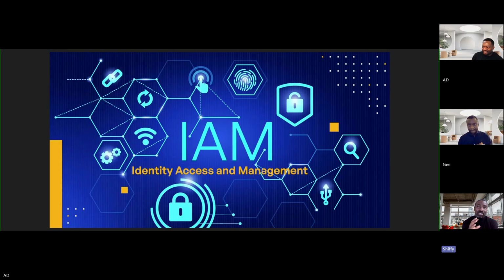So it's almost like if you are working in IT or even in cybersecurity, you pretty much have to be, I'd say, a bit paranoid. You always need to think a step ahead. Always assume that the bad actors are already in the environment. So as much as possible, you want to make it very difficult for them.